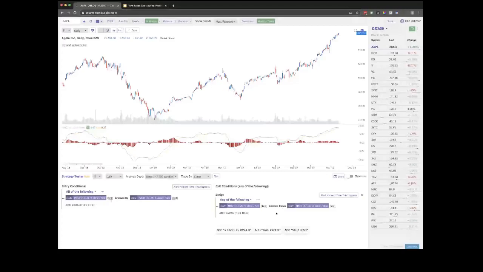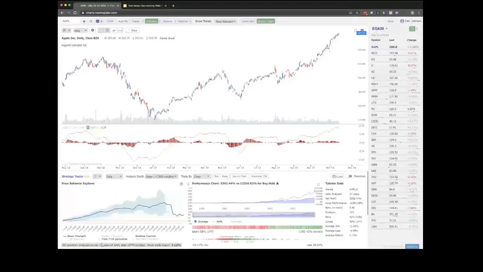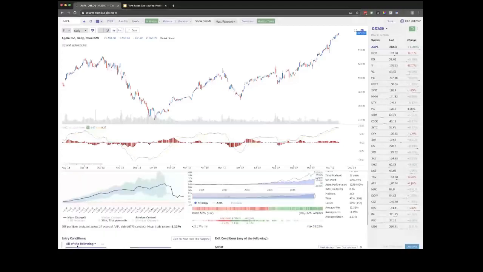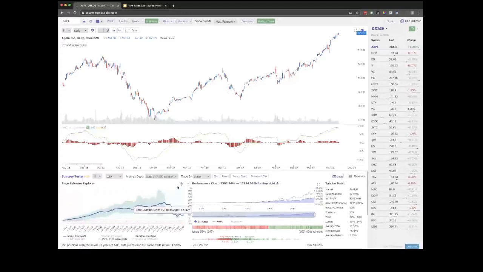And here's where it gets cool. When I press test here, I'm testing over 7,000 candles. That's 27 years of data. And the system has found that this conditional set, MACD crosses, has happened 253 times on the daily chart. You can see how those have performed, and how that has compared to buy and hold. In this case, buy and hold would have outperformed. You would have done almost twice as well if you just bought and held Apple instead of trading it using